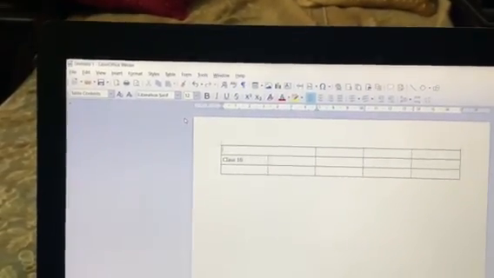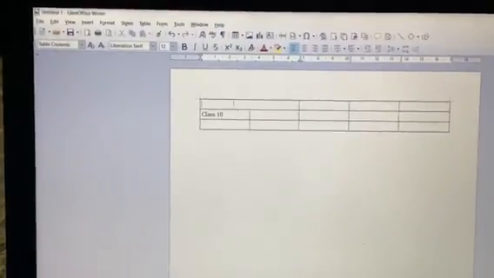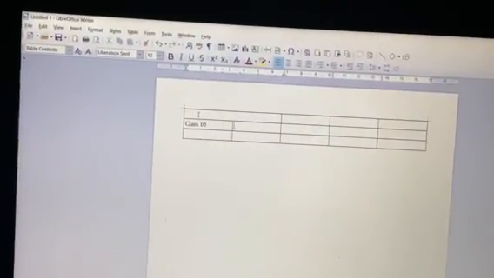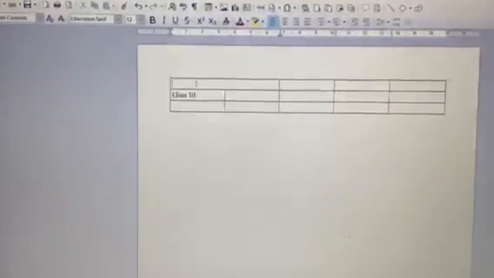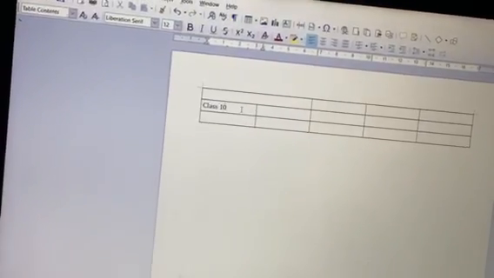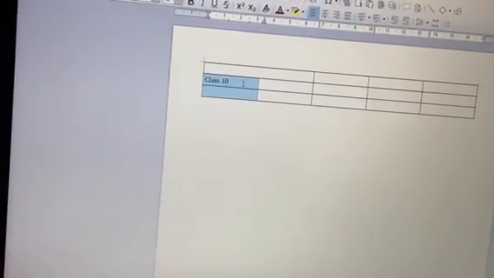Similarly, the merged cells I can split. So again, I select this cell and I can even split them.